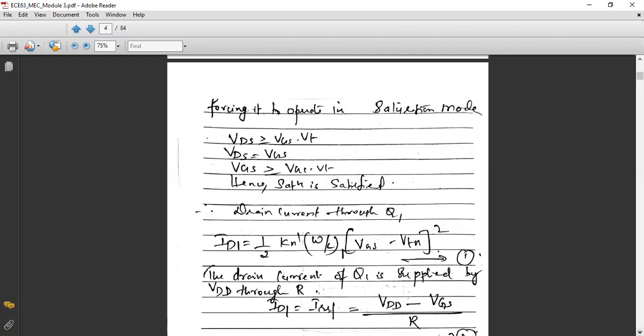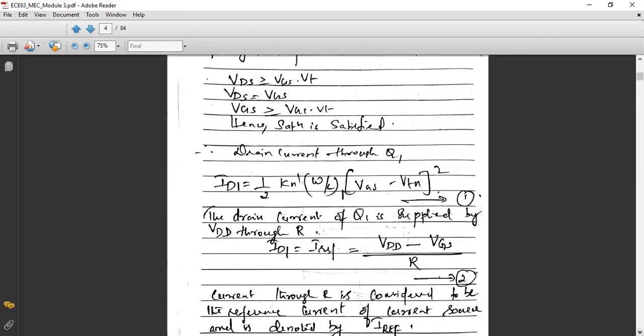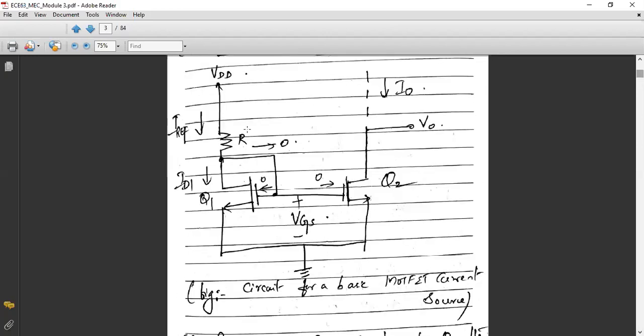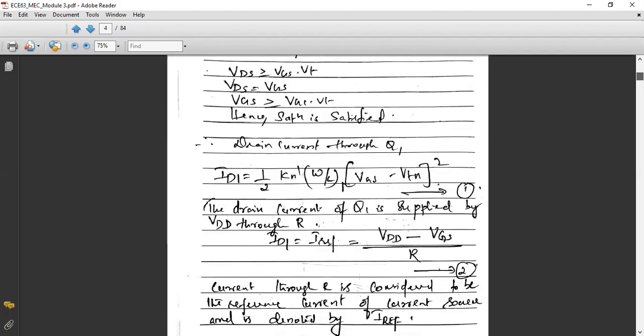Next is the equation for drain current. Please keep it in mind, for the proper working of any current source circuit, the entire device should be in saturation. The condition of saturation is VDS greater than or equal to VGS minus VT. That is being satisfied only by connecting these two terminals by a perfect short circuit. So if we have connected these two, it is obvious it is in saturation and it will work properly.